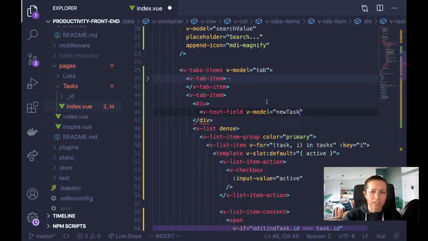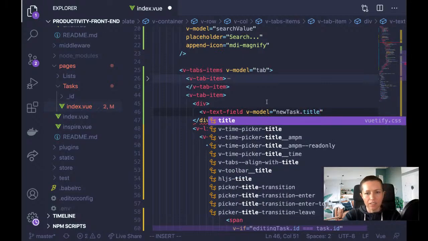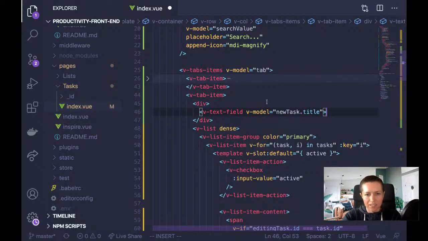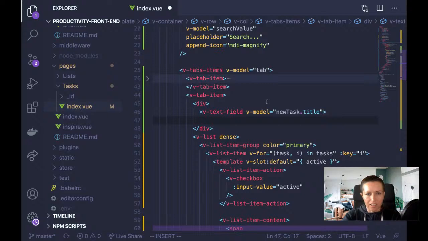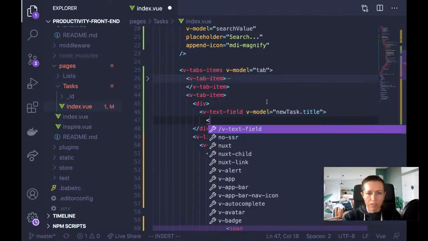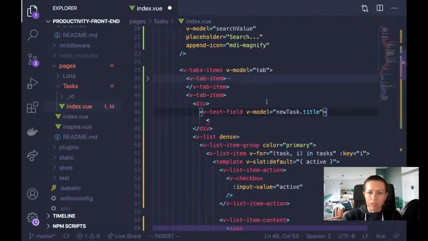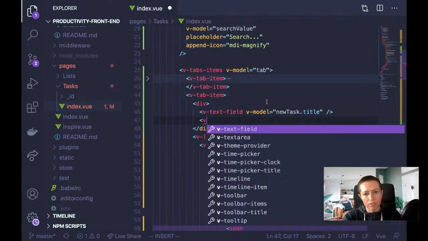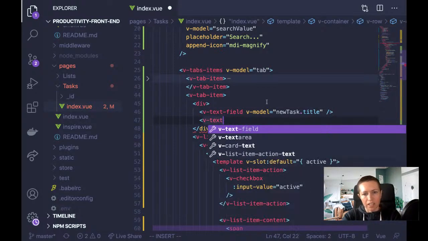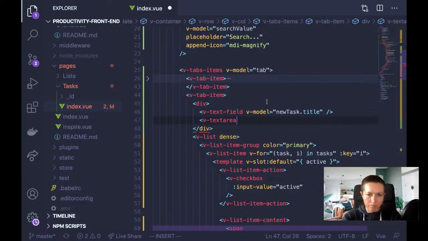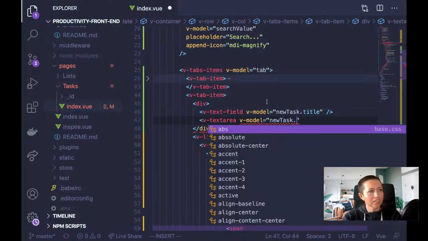I'm going to make this an object. So newTask.title, and let's see. And now I'll do, oh wait. So I need to close this. So let me do that. And now let me do a v-textarea. And this v-model will be newTask dot,